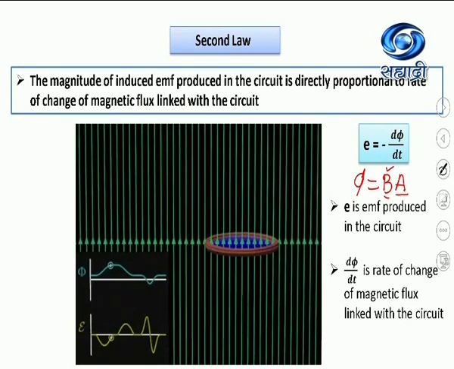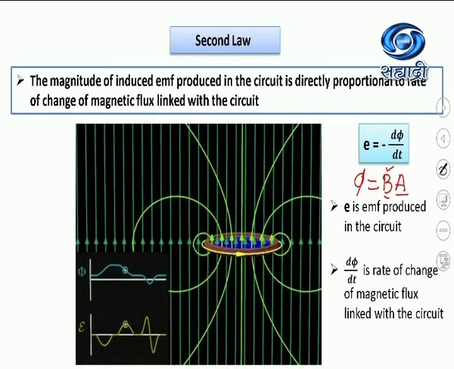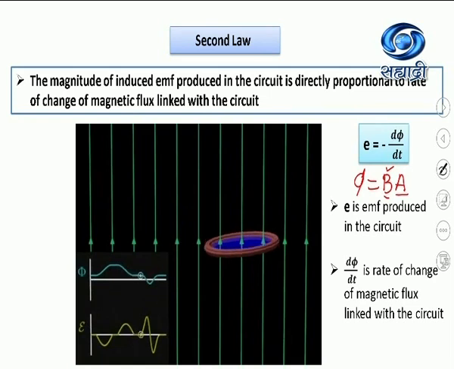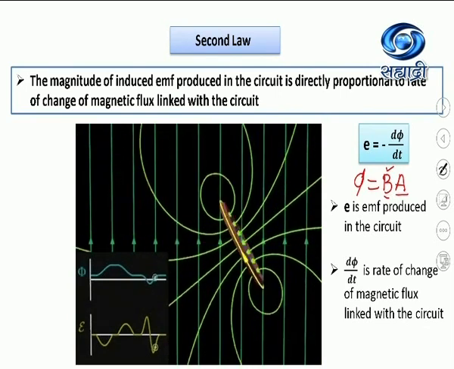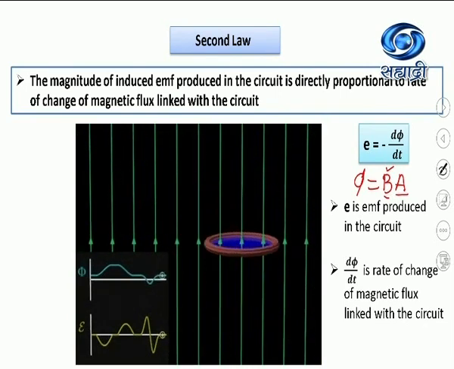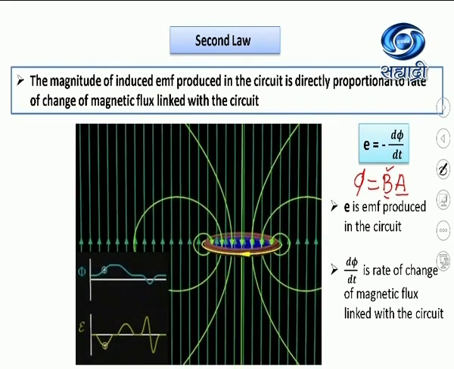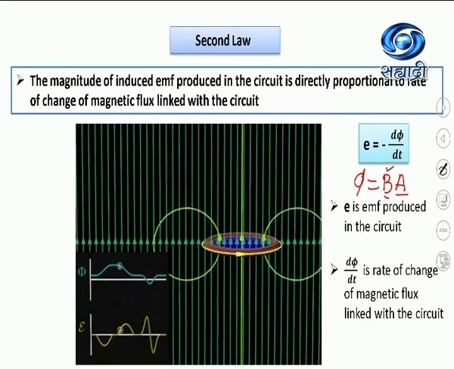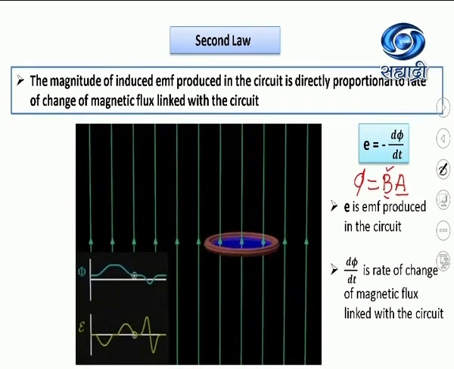Here the vertical lines represent the uniform magnetic field, parallel lines represent that the direction of the magnetic field is the same, and spacing between the lines represents the strength of the magnetic field. If the spacing between the lines changes, then you are changing the magnitude of the magnetic field. Now the coil is stationary and here you can see that the spacing is changed. If the lines are crowded, the strength of the magnetic field is increased,